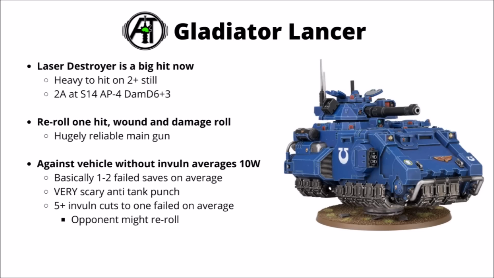The Laser Destroyer is a very big hit. If you can stay still, then it's heavy to hit on a 2+, and you get 2 attacks at strength 14, AP -4, and damage d6+3. 2 shots still isn't a lot of attacks, even with a really big anti-tank weapon like that, and it can bounce off invul saves, but it seems that the Gladiator Lancer just takes things to the next level